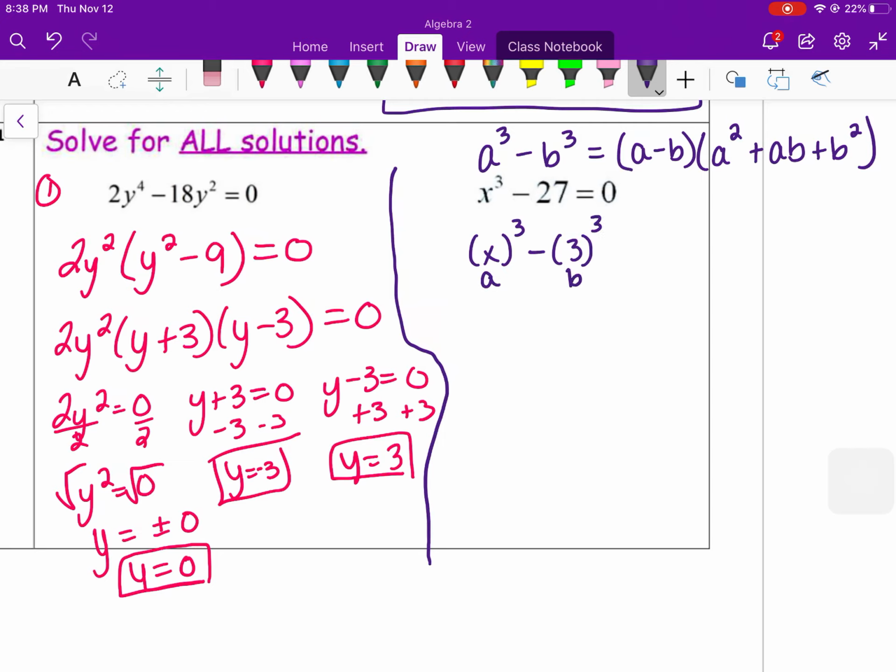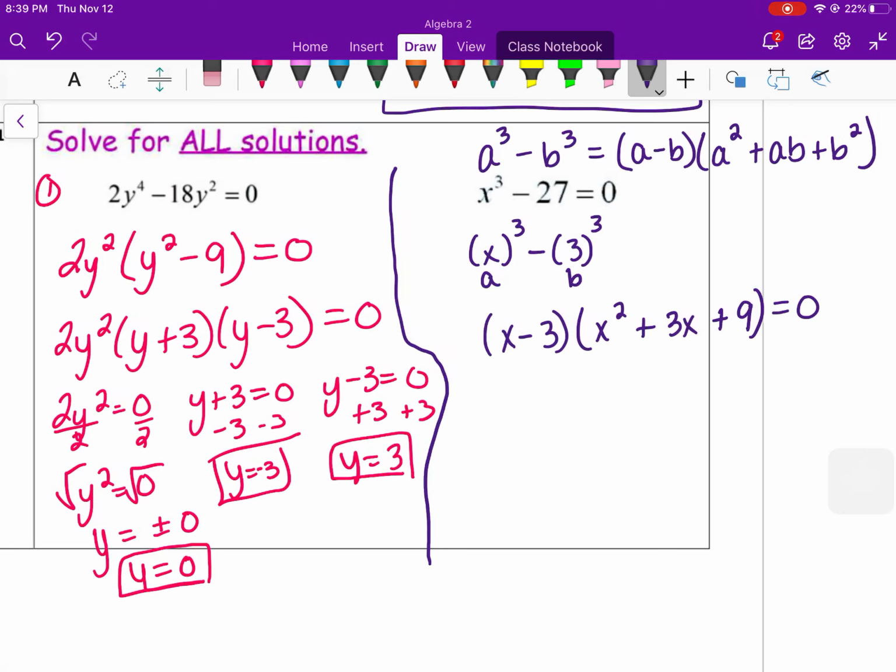So we're going to let A be x and B be 3. So A minus B will be x minus 3, and then A squared will be x squared plus A times B would be x times 3, so 3x, and then plus B squared, so 3 squared is 9,